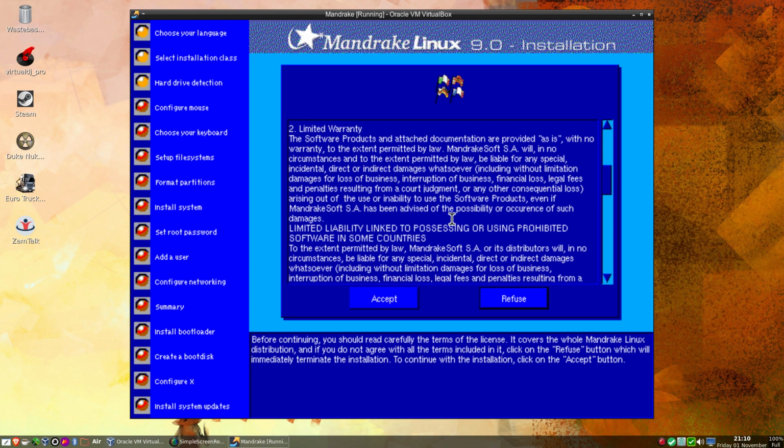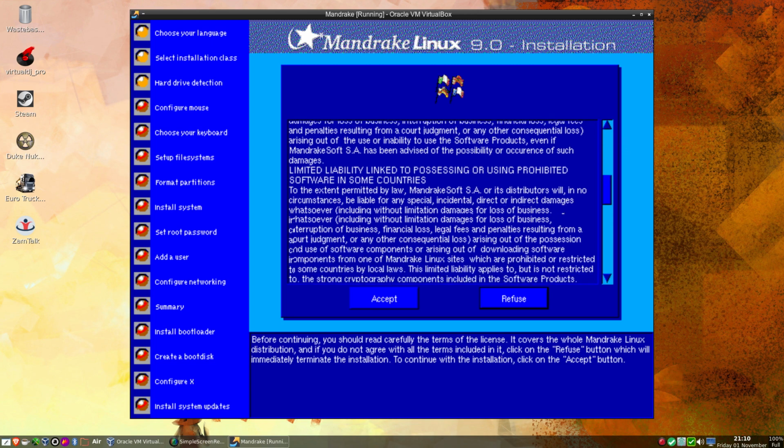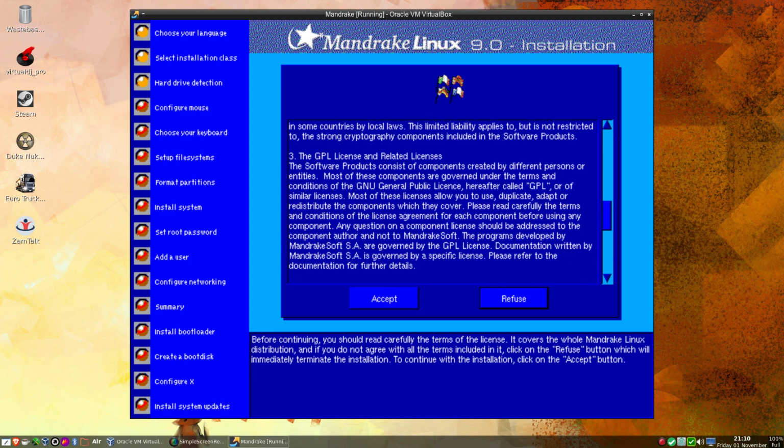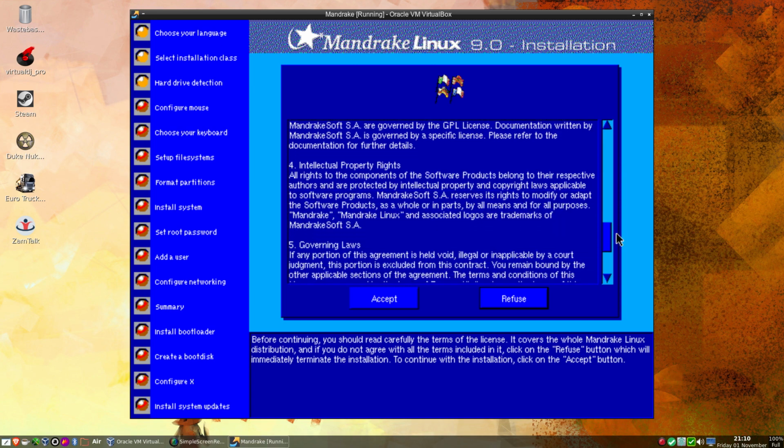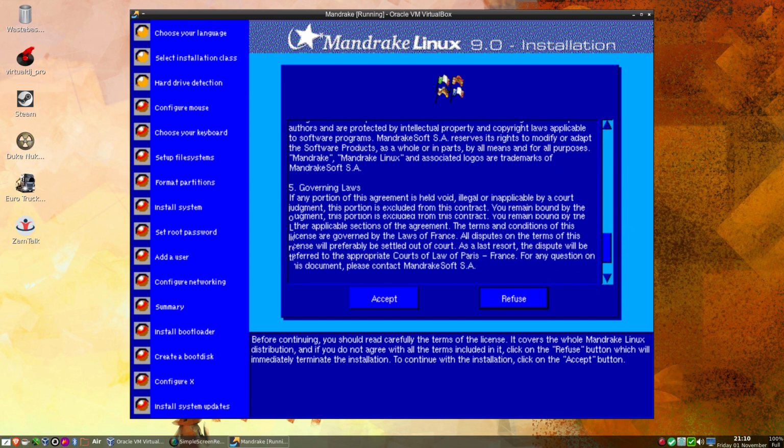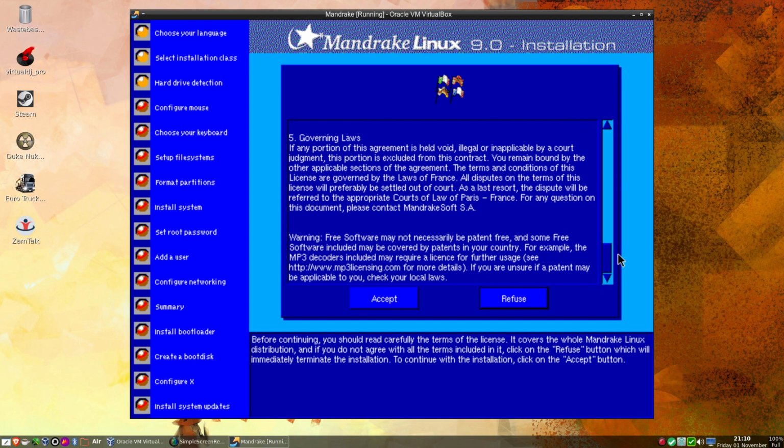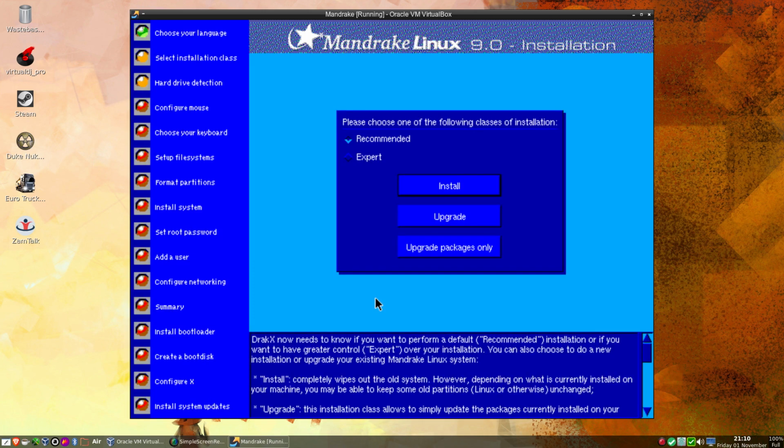Limited liability linked to possessing or using prohibited software in some countries, and so on and so forth. I won't read the whole thing, but it was basically released on GPL and governing laws. You could either accept this or refuse. If you refuse, obviously the install is going to